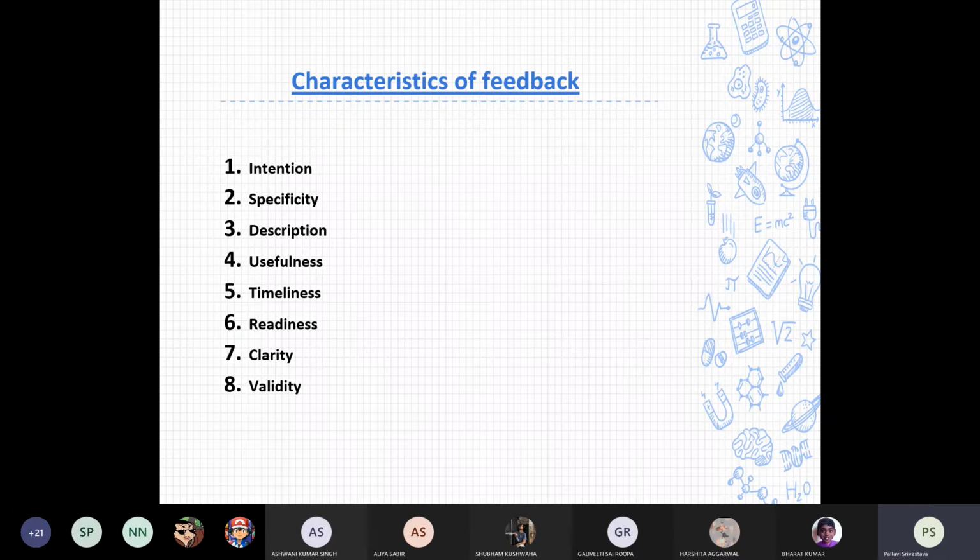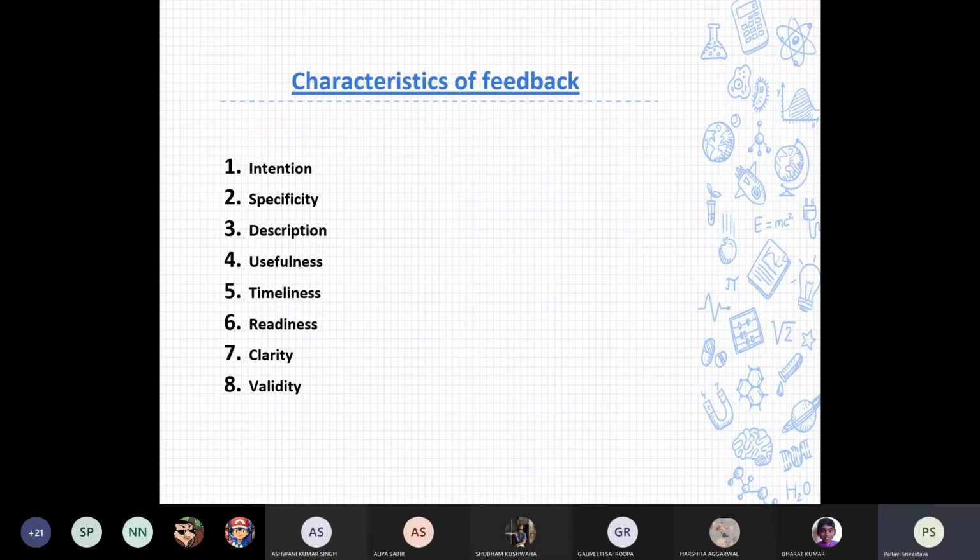Okay, feedback should not be to criticize someone, it should not be to personally attack someone. Rather, when we talk about feedback, it should be well intended, so that it can contribute in some manner, so that the person who is receiving it can improve their performance. It should not be biased or ill intentioned. You should not have any bad intention of insulting someone or making any personal attack just because you don't like that person, so you keep on criticizing them.